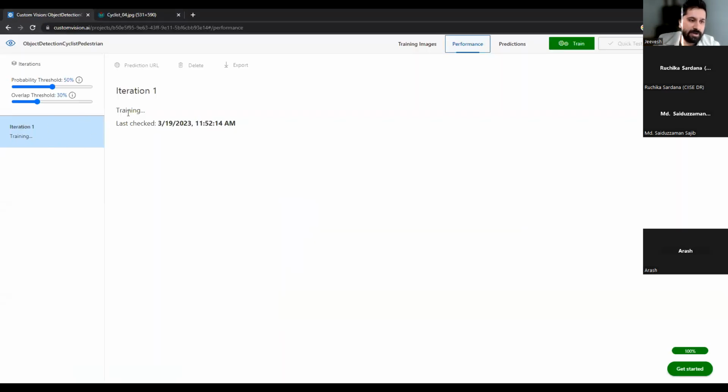So the model is still not trained. We'll wait for it. It might take some time. Okay. You guys do not need to delete the resources immediately. We are well within the free credits limit, but I'll talk more about it in a while,